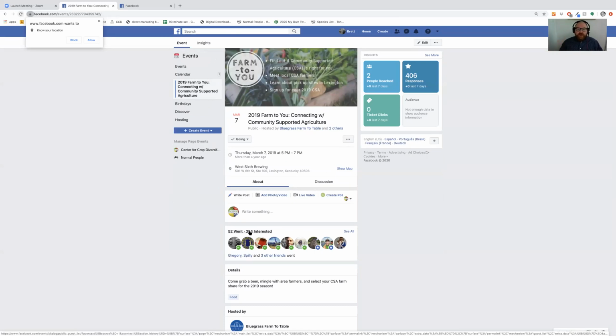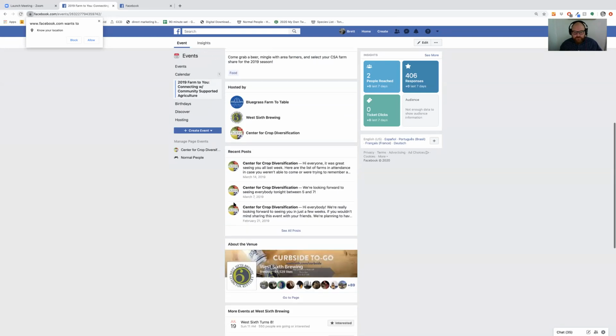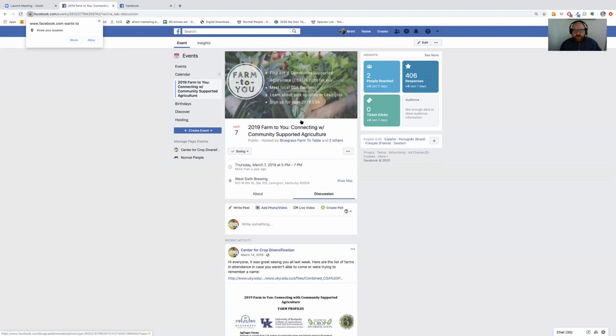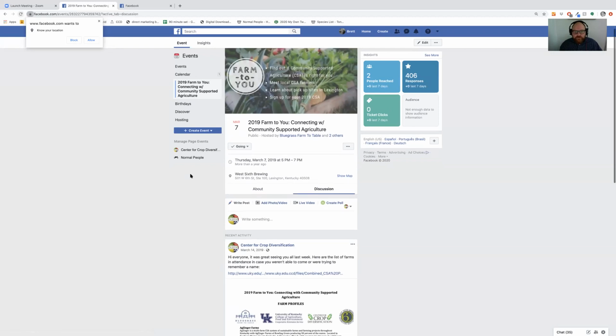An event allows you to let the event organizer know if you're interested or going or not going. And what's important about that is if you say you're interested or you're going, you can continue to receive updates about this event. What I mean by that is, I'm going to scroll down here and show you in the discussion of this event, which we did last year,